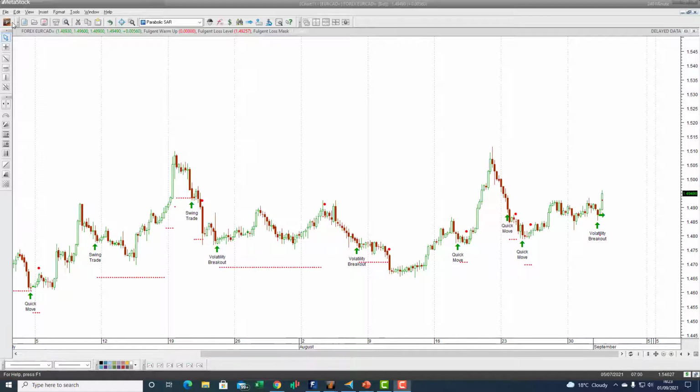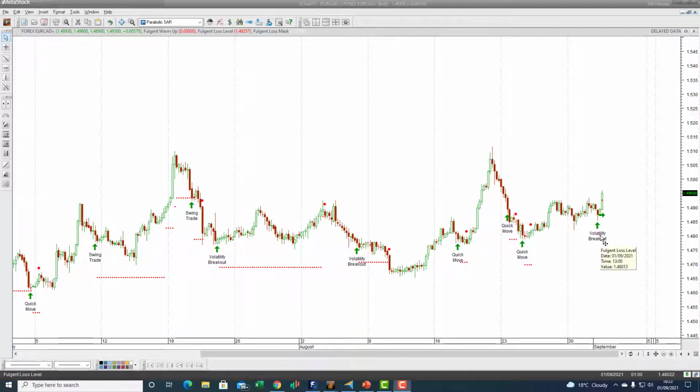Next up, Euro CAD. You can see plenty of high probability trades. Swing trade there, swing trade there, swing trade there. That got stopped out. Short trade there. Long volatility breakout up until that level. Short down to the volatility breakout. Quick move there. Quick move to the upside, downside. Quick move there. And now a new volatility breakout with a stop loss at